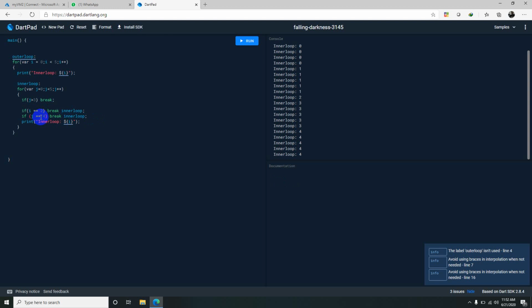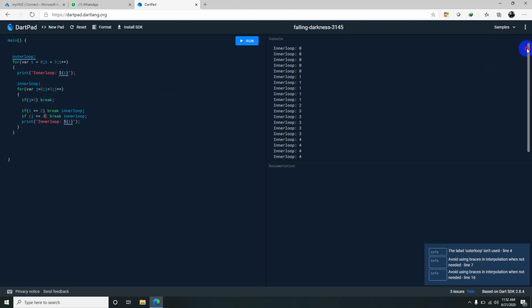When i equal to 2, it's breaking the inner loop.